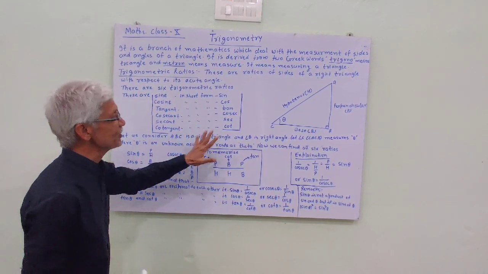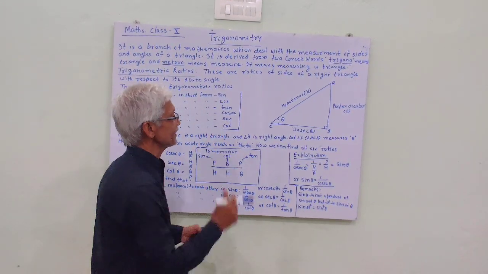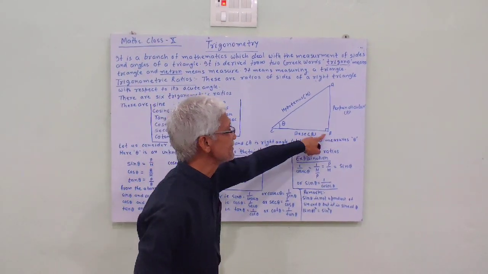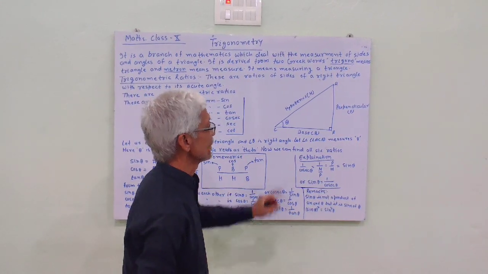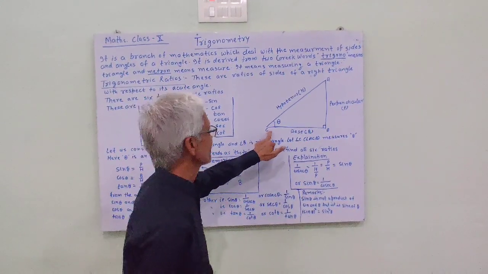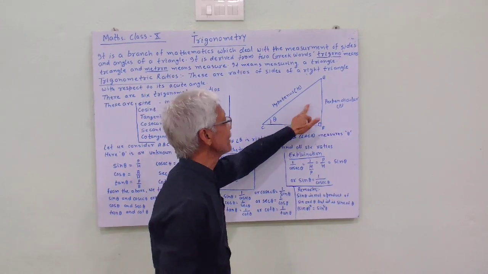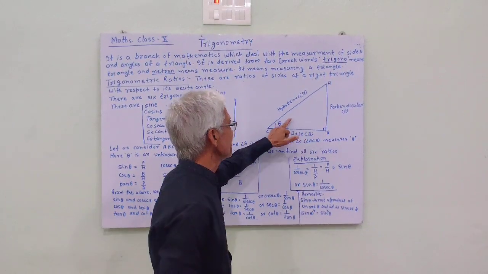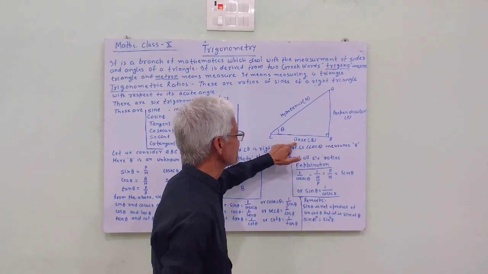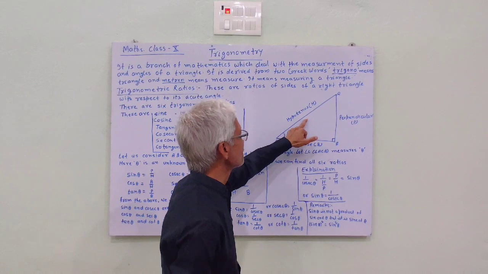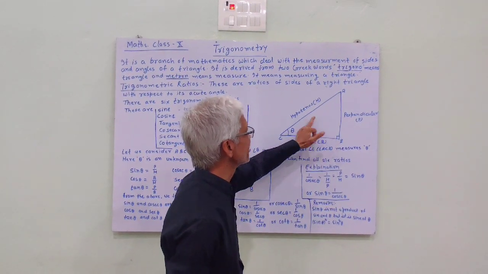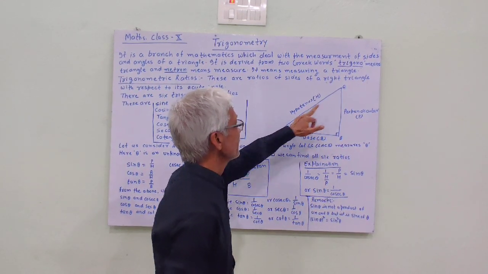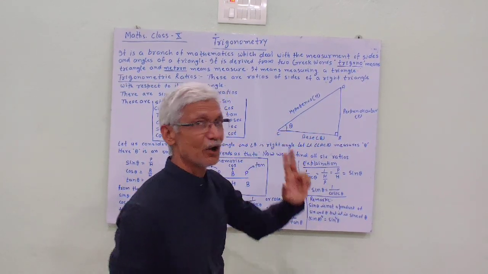For this derivation, we should consider ABC is a triangle in which B is the right angle. We know that the side opposite to the angle is known as the perpendicular, and the side adjacent to the angle is the base, and this is the hypotenuse, the side in front of the right angle. Hypotenuse, perpendicular, base. In the right triangle, the hypotenuse is the longest side.